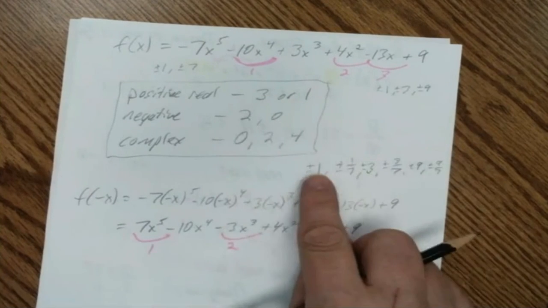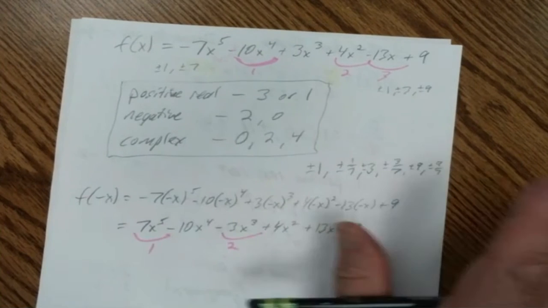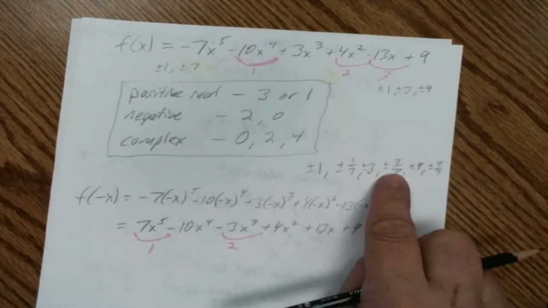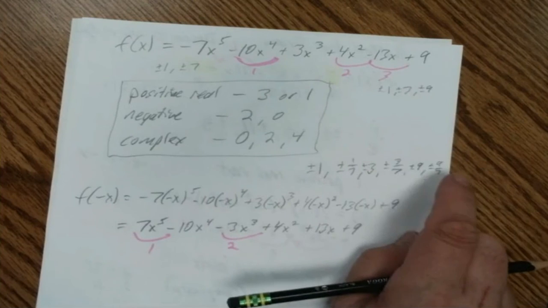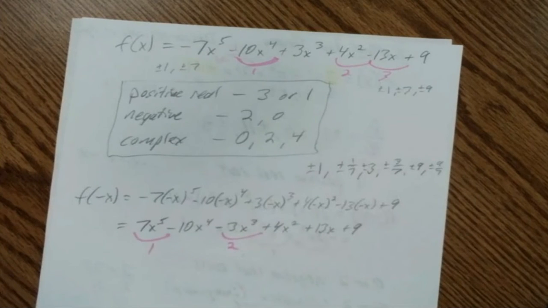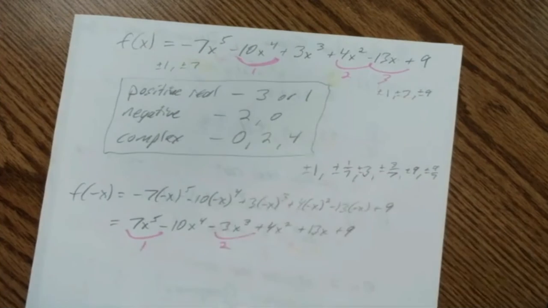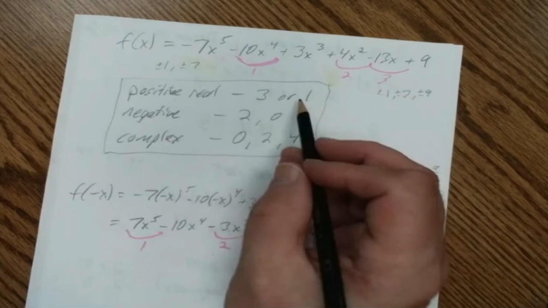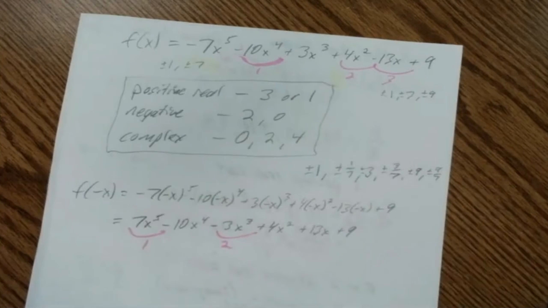So if you're testing the negative ones with synthetic division and you find 2 negative ones, you're done. If you check the first 5 negative ones and none of them work with synthetic division, there's no need to check the last one because 1 negative root is not a possibility. So if you only have 1 left and none of them have worked, it's not going to be that last one either. So this gives you some shortcuts in finding possible roots of this great big polynomial that we have